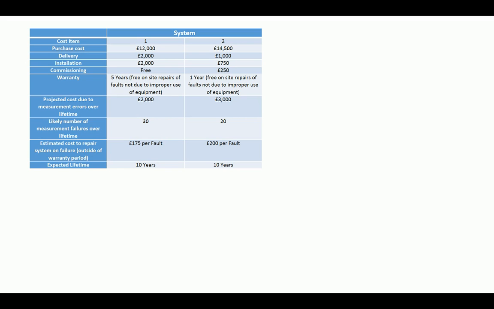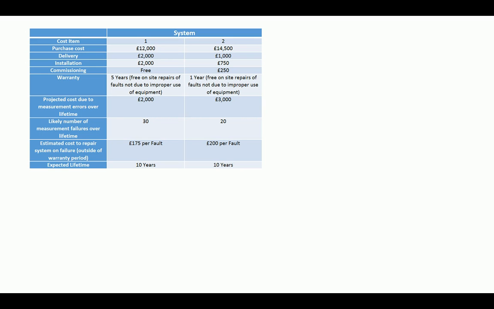Again, warranty is a big thing. So if the system, as we are assuming, has faults linearly, then the longer the warranty, generally then the more money you should save. In this case, your 5 years to 1 year. System one certainly is coming out a much better prospect here, but in any other examples you could play around, change some of the figures around, see how they come out,